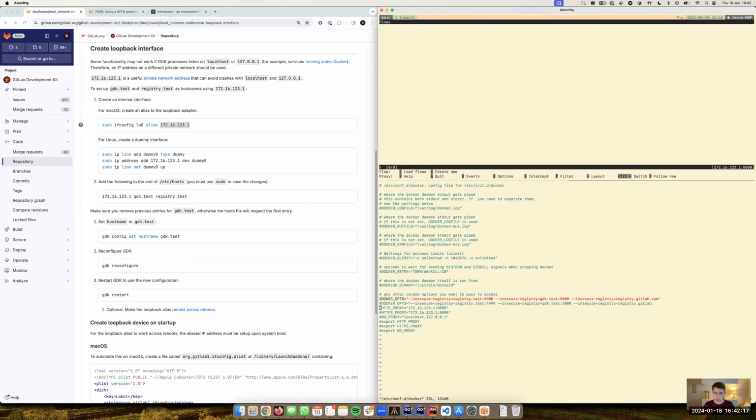So the first thing that we need to do is to enable the HTTP and HTTPS settings. So this will tell the Docker daemon to proxy requests to the loopback interface port 8080, which is the default port where the mitmproxy is going to listen.